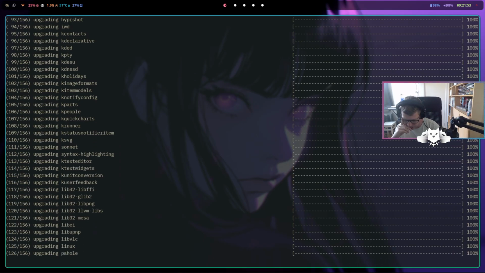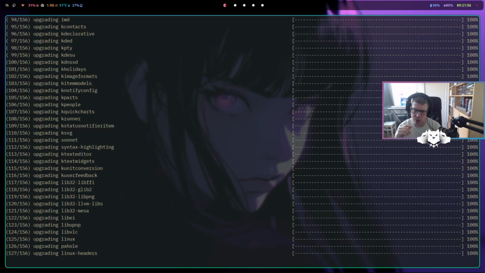Forgot I haven't upgraded this one in a couple of days. The battery should hold until we have